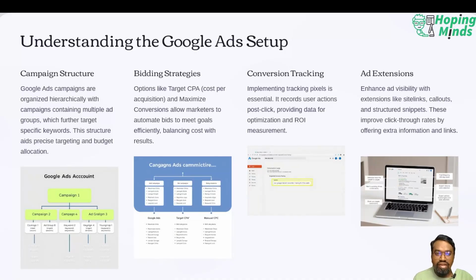Now, we have already gone through this earlier, but let's have a simple breakdown of how we can set up a Google Ad setup, right? So first, we need to come up with a campaign structure. Google Ads campaigns are organized hierarchically, with campaigns containing multiple ad sets or ad groups, we can say, which further target specific keywords. This structure aids precise targeting and budget allocation, right? So we can have multiple campaigns under a Google ad setup,